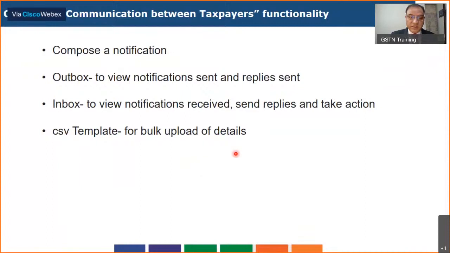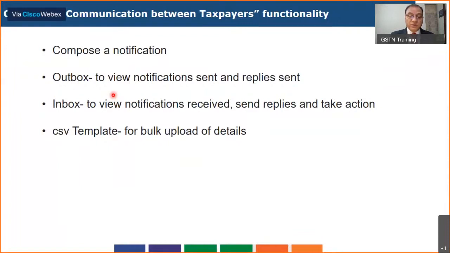There are basically four functionalities within this communication between taxpayers functionality. First, you can start by composing a notification. Once you have sent a notification, it will be populated in your outbox, where you can view the notification sent. Once a reply is received from the counterparty, you can view it in the outbox.